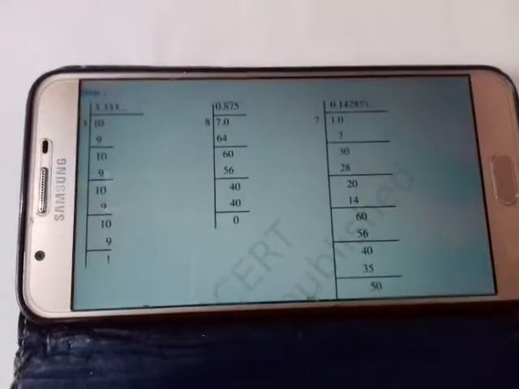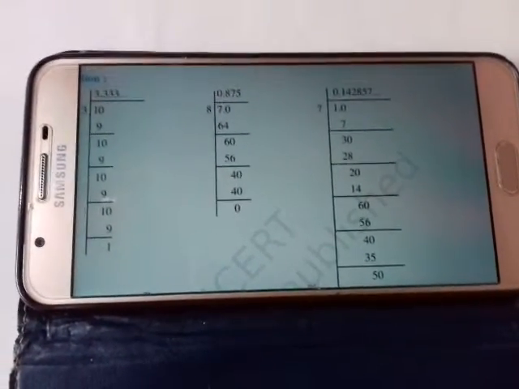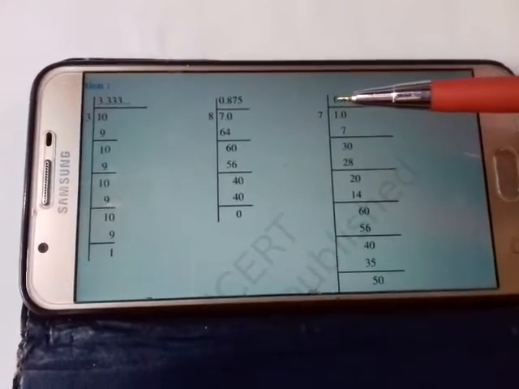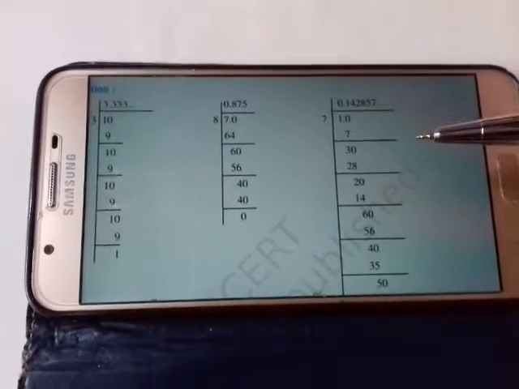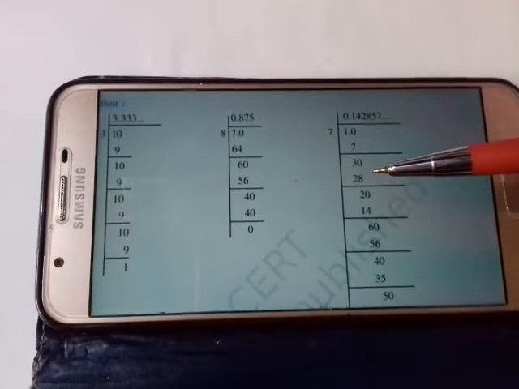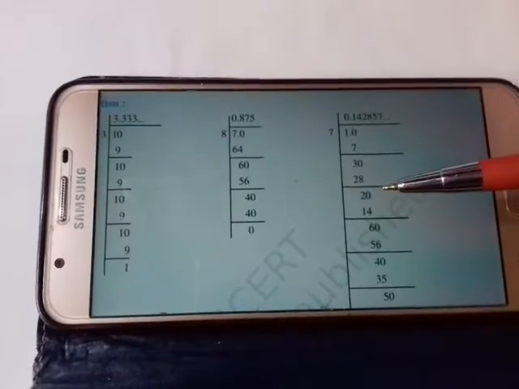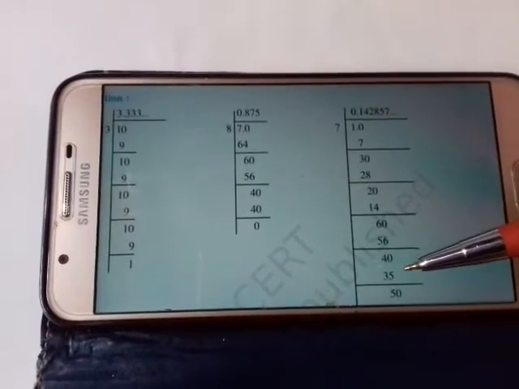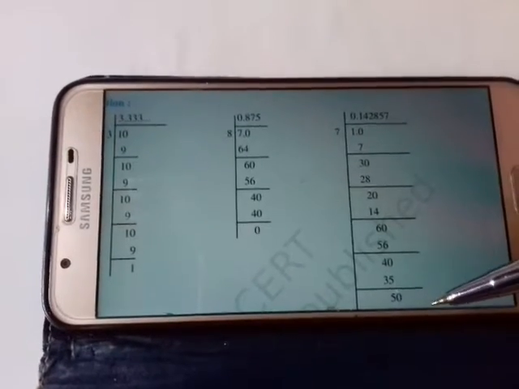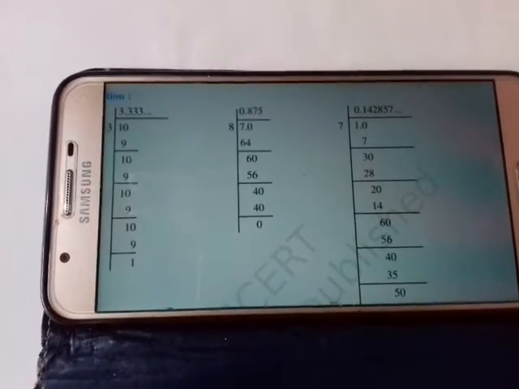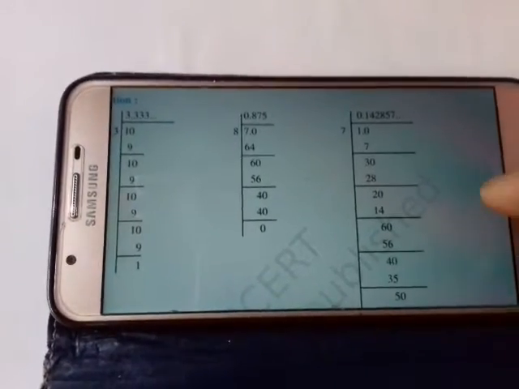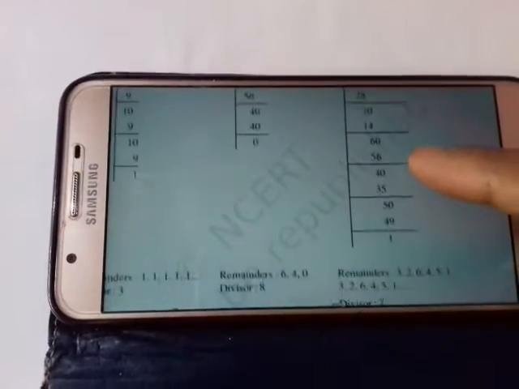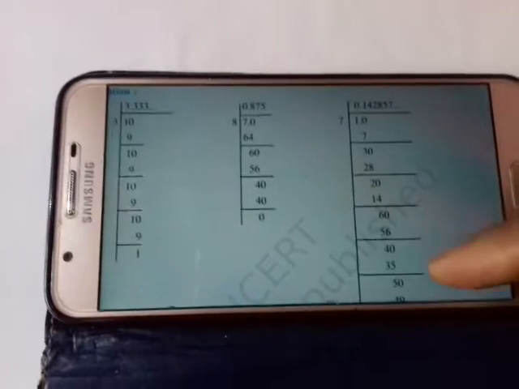Now here you can see when 1 is divided by 7, what happens? Here also this number is smaller, so we kept the point. Before the point no number is there, so we kept 0, and then after the point it became 10, and 7 1s are 7 and 3 left, 7 4s are 28, again 2, and then again 7 2s are 14, kept over here, 6 came, again 7 8s are 56, 4 came, and again 7 5s are 35, 5 came. In this way it goes on. 7 7s are 49 it will become, and then after that 1 will come. What happened? We began from 1, and again the remainder came 1. Then again the same process will repeat.